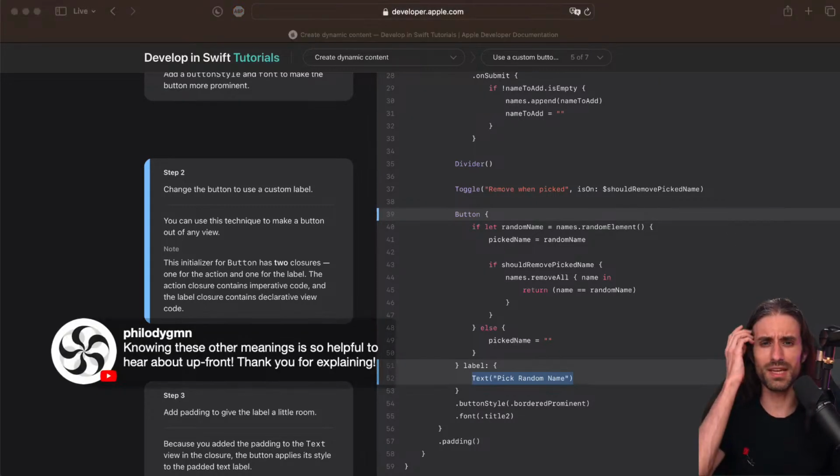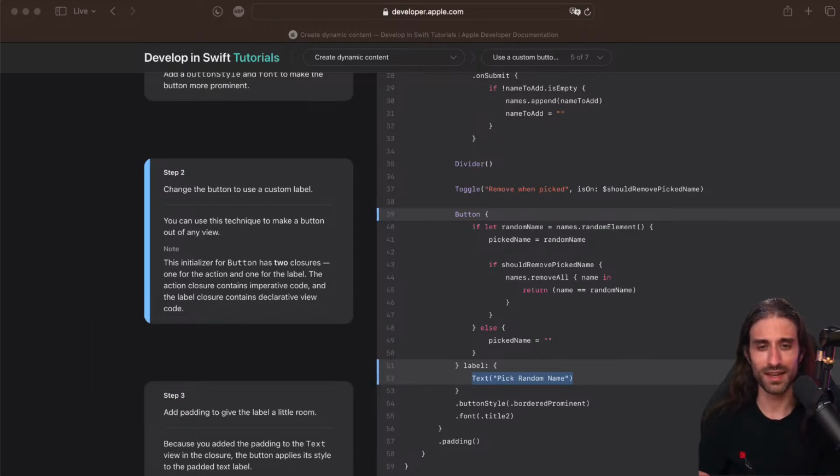And I think there might even be a third meaning to label that I don't remember right now. One day I want to do an article or a newsletter email about the many meanings of label in SwiftUI because it can be confusing, and I think there are 3 of them. So I think there is one that I have forgotten. If you can find it, feel free to mention it in the chat.